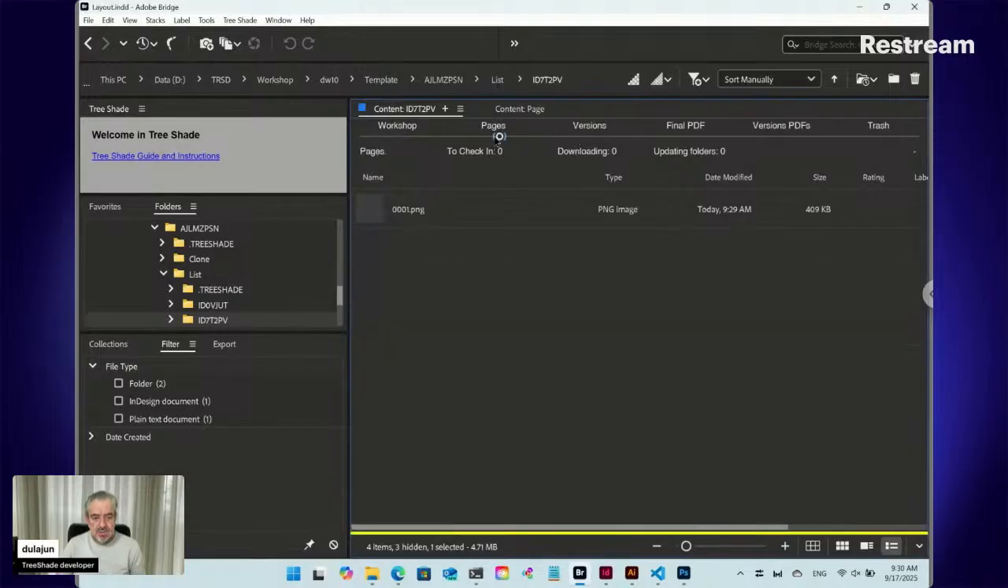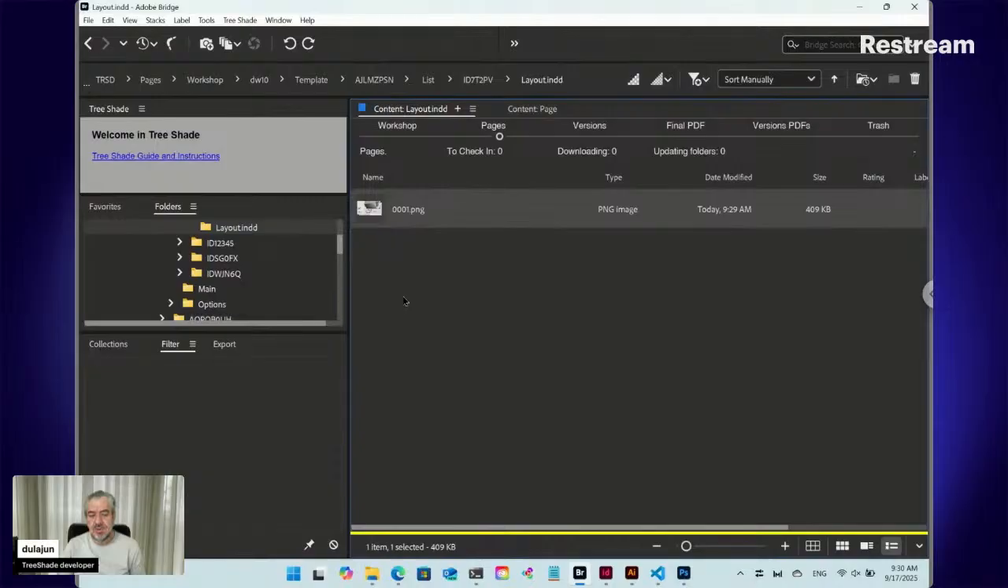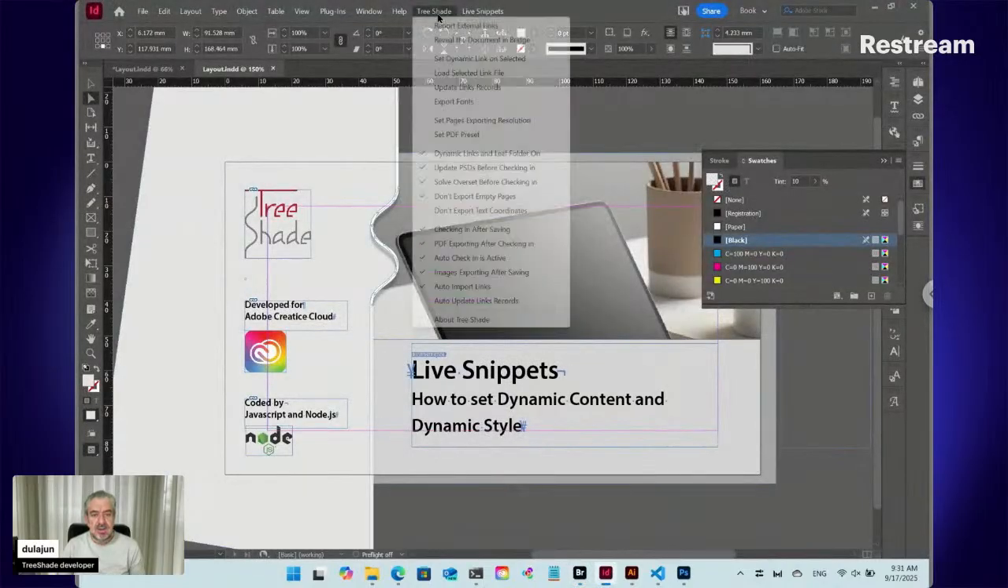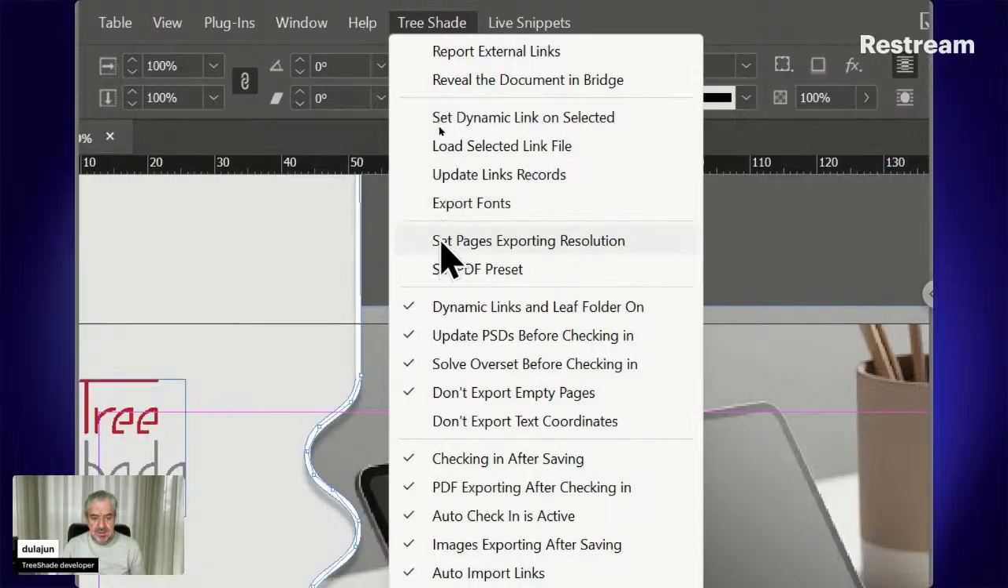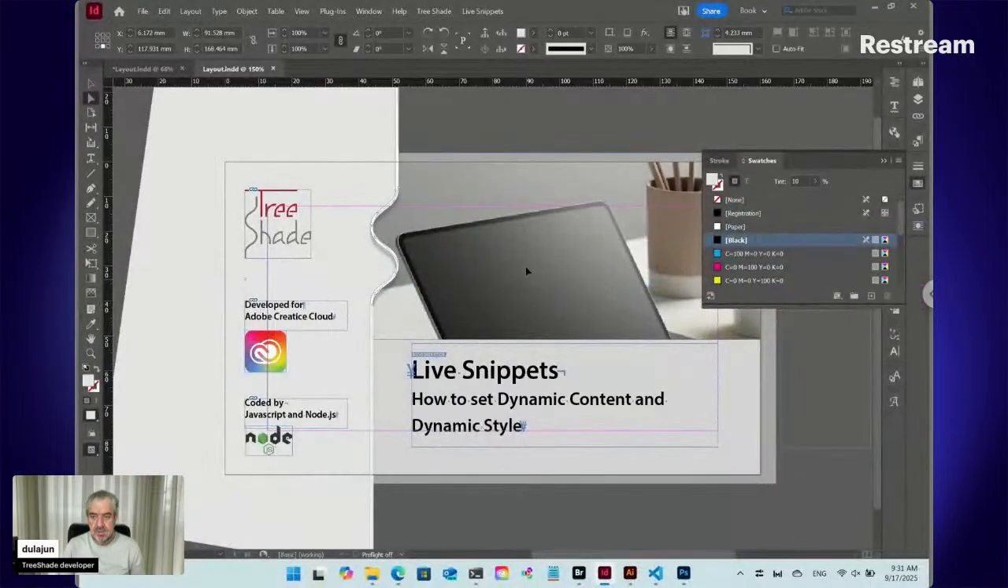If you click on pages, you will have the pages, 4 digits for all pages of the document, as PNG or as JPG. You can specify that in TreeShade in preferences. Here, set page exporting resolution, and you can write the resolution at first, then colon, then one of these words exactly, capital letters, then colon, then the extension, JPG or PNG. Okay,